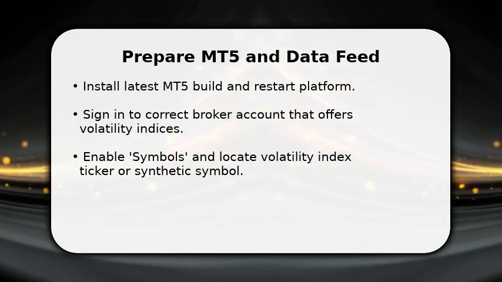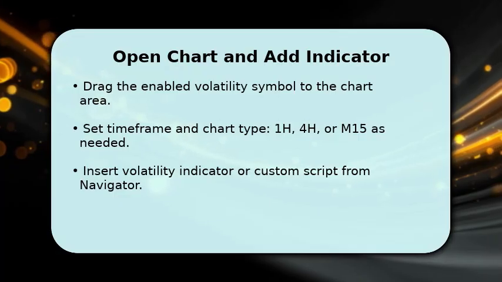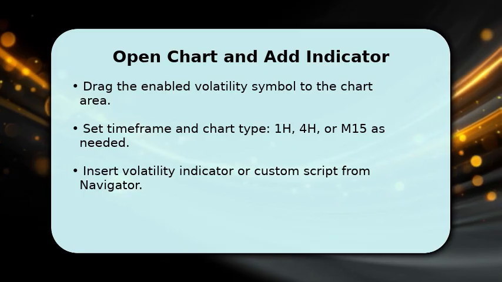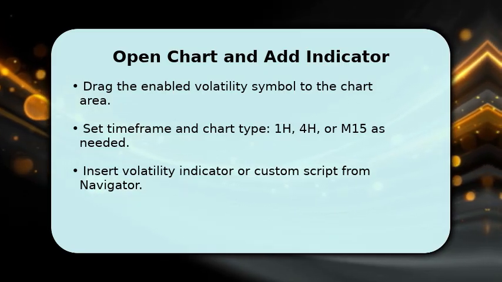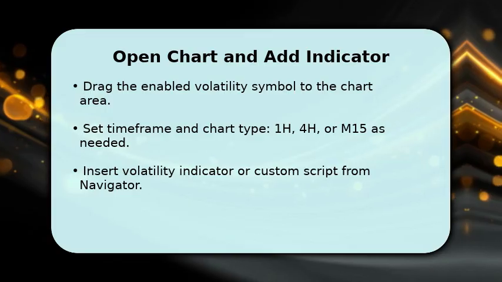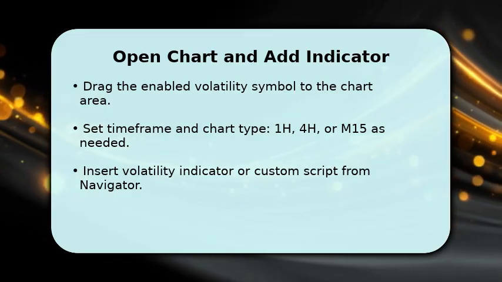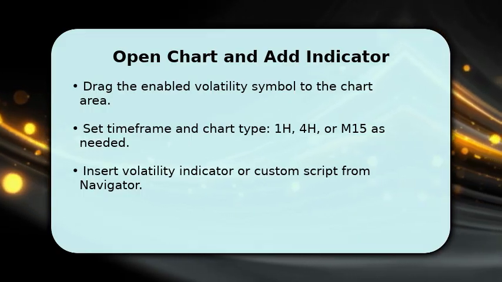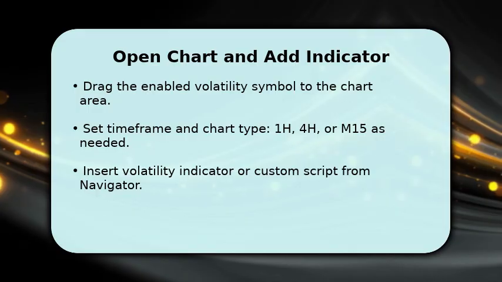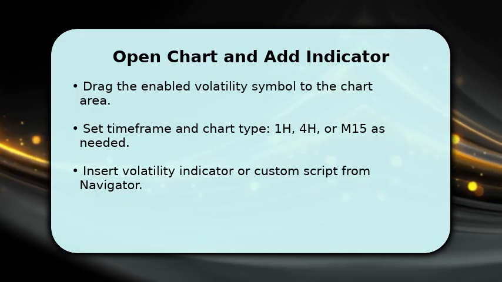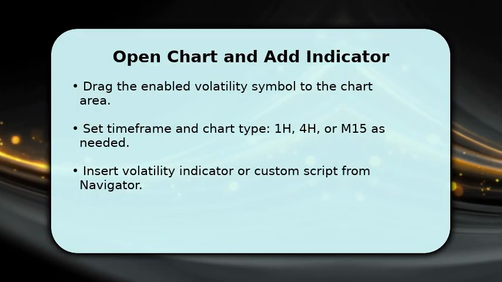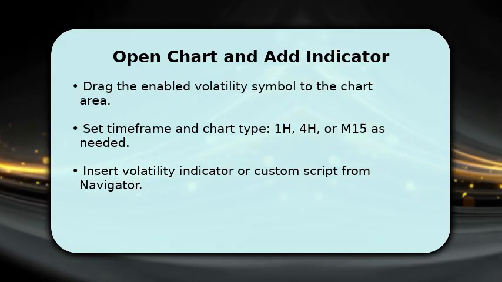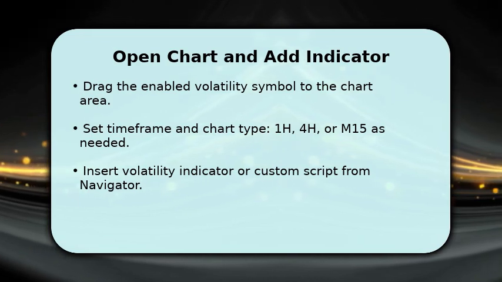You now drag the volatility symbol onto a new chart and set the time frame that matches your strategy: 1 hour for medium term, 15 minutes for intraday. Once the chart is loaded, open Navigator and either apply the built-in indicator or a custom expert advisor that your broker supplies. Make sure to configure inputs like period and source price. This affects responsiveness and smoothing. After applying, you should see volatility readings plotted. Adjust visual settings so values